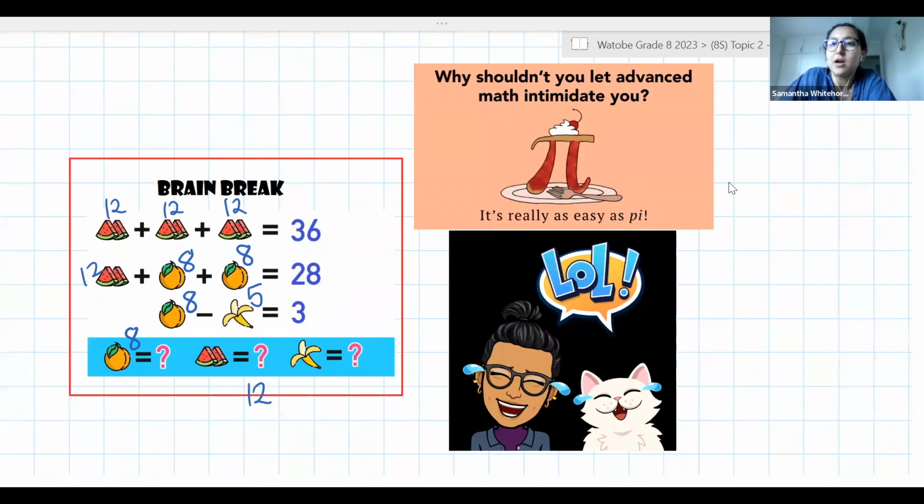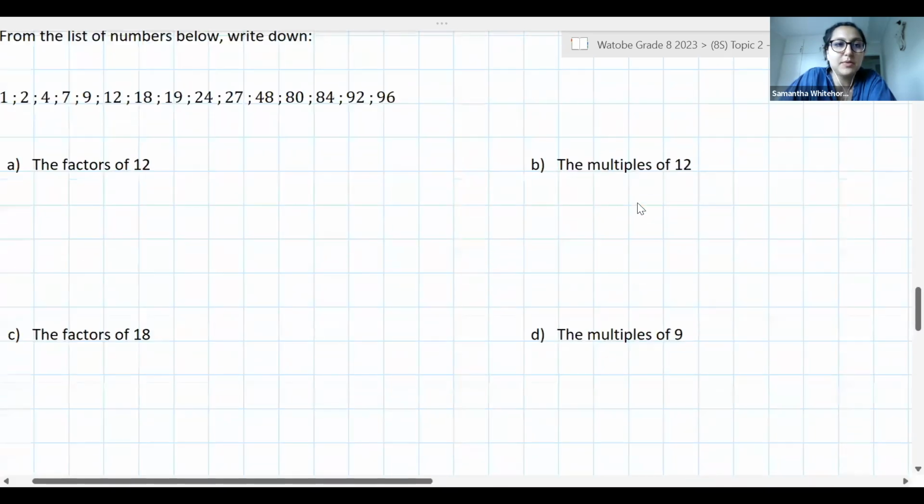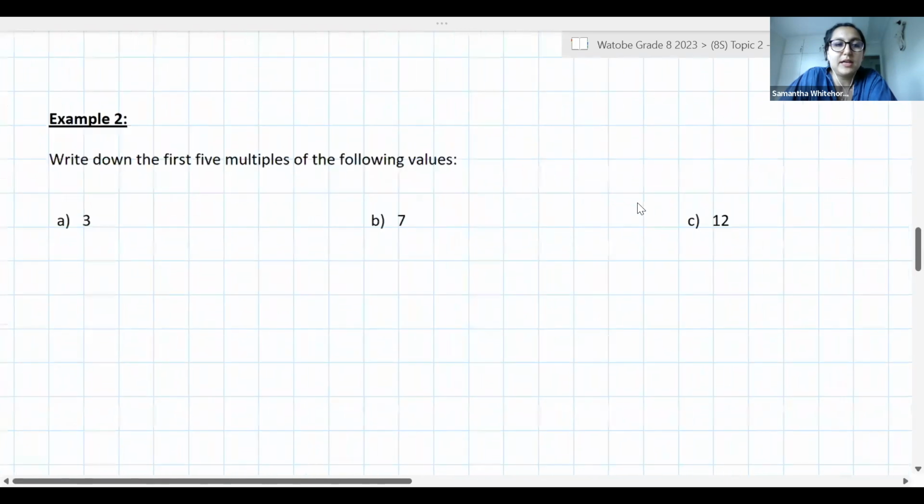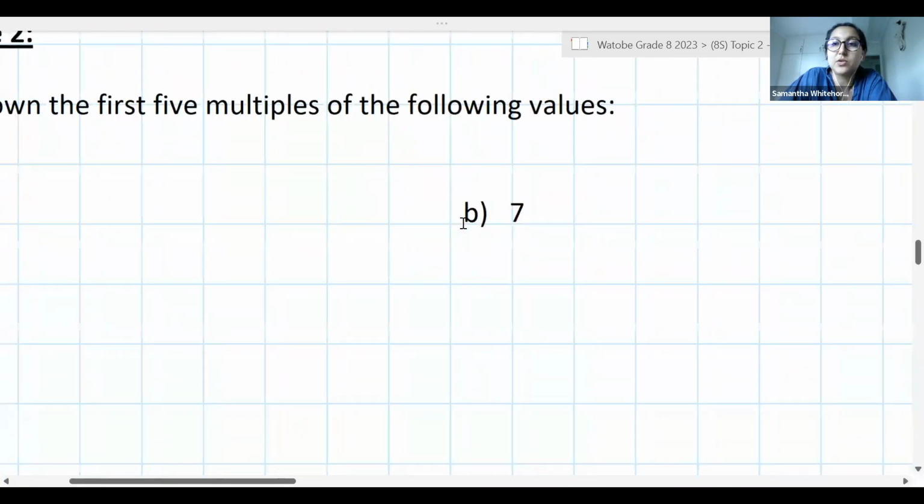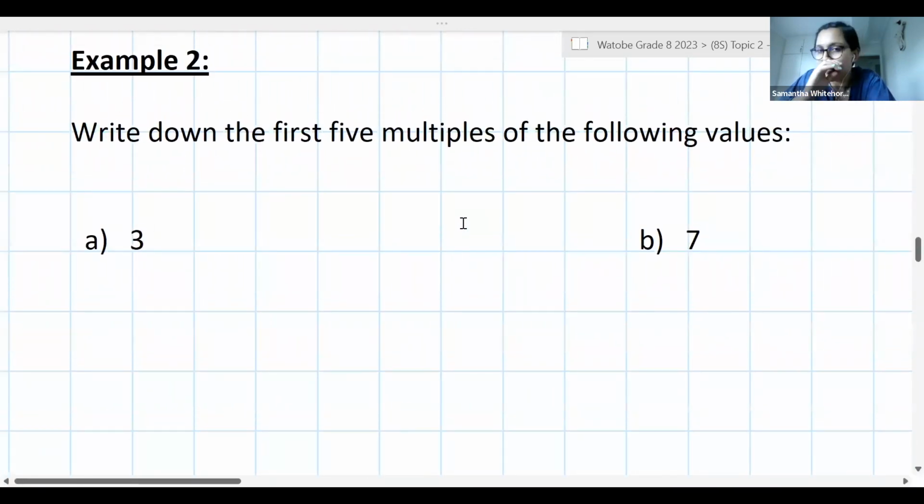Okay. Right, guys, nice. So let us carry on with some more factors and multiples. If we go here now to our second example, I'm now talking about multiples. So here I'm asking you to write down just the first 5 multiples of the following values. So, Retabile, do you want to try the first one for us? Then the multiples of 3 are 3, 6, 9, 12, 15,